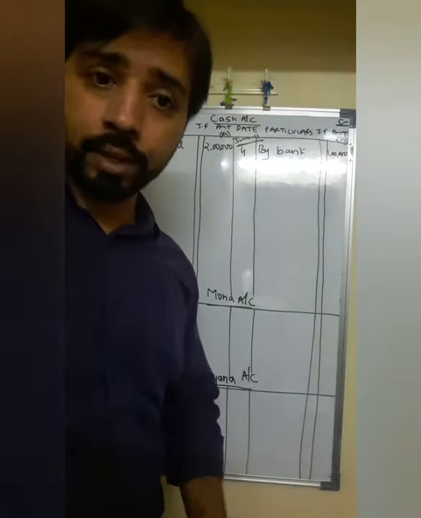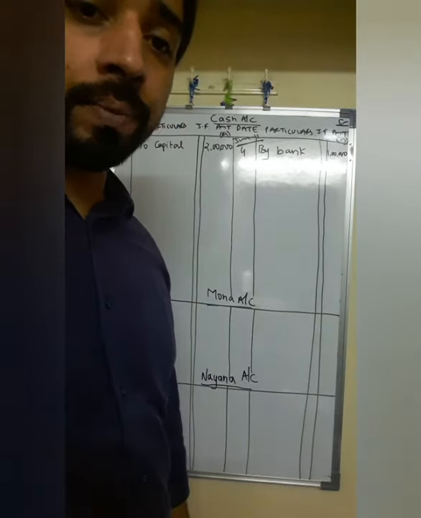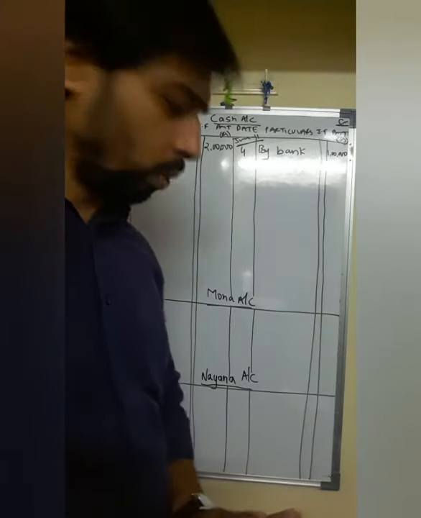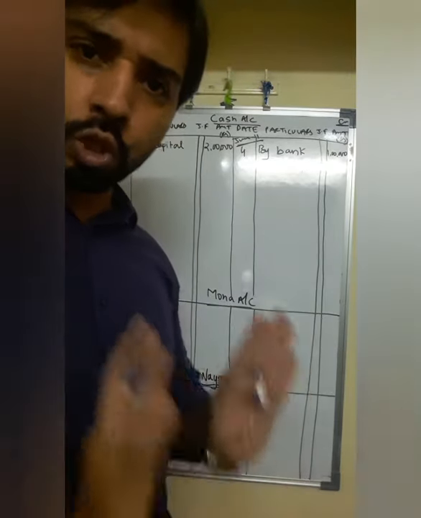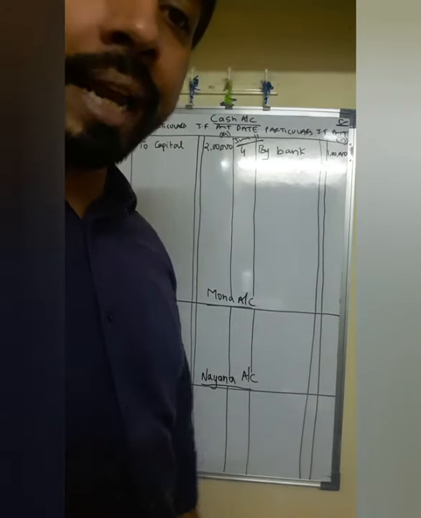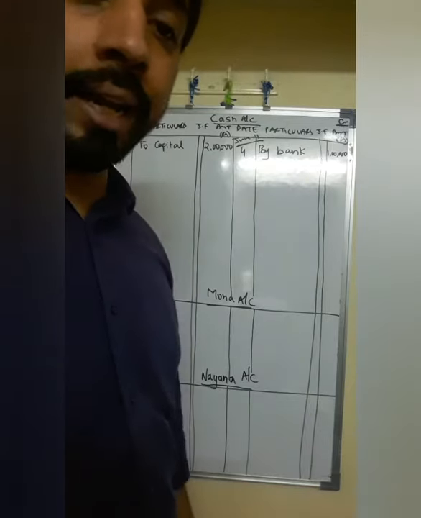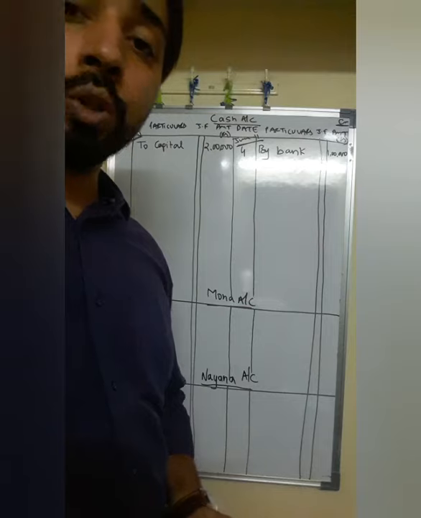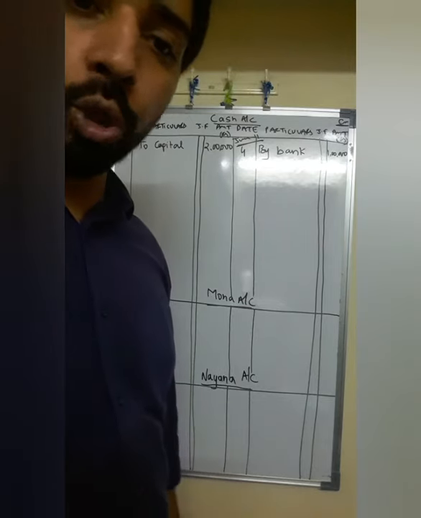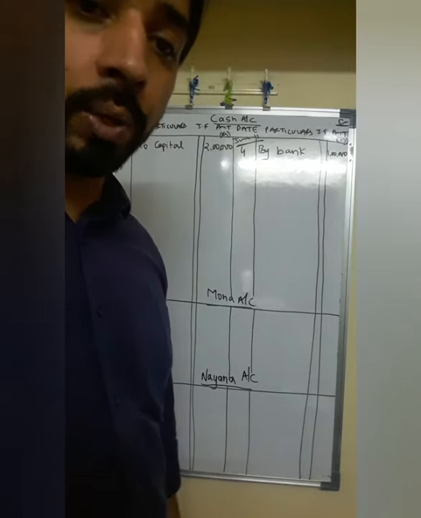5 zeros. Okay. So it's by bank 1 lakh rupees. Is that clear to you? Which is the next transaction? Purchase to Mona. Mona and Nana account we keep aside. Okay, first let us concentrate on cash account only. Next entry is Nana to sales. Again ignore that. Go to the next. Loss by fire account debit to goods. Again both the accounts we haven't prepared, so nothing will happen there.